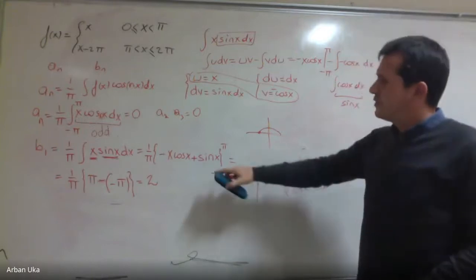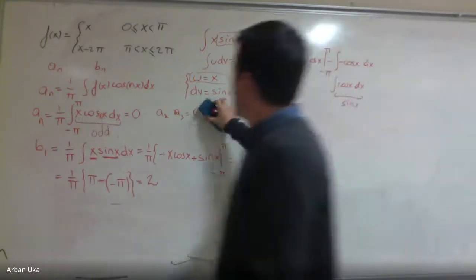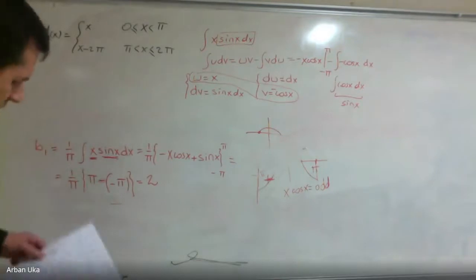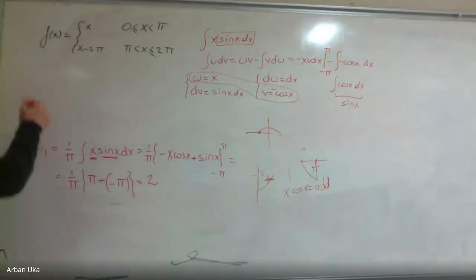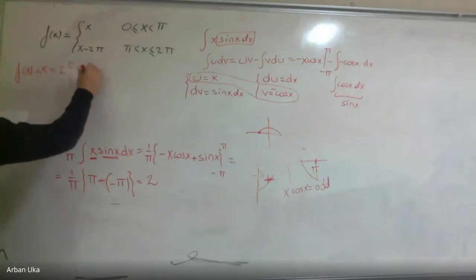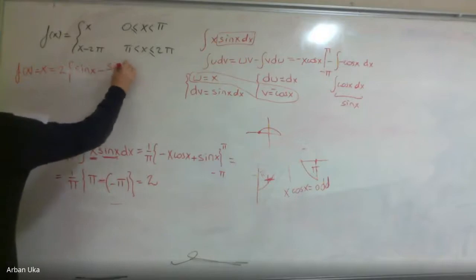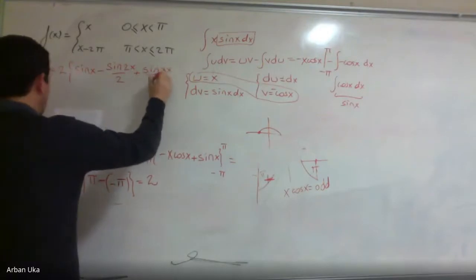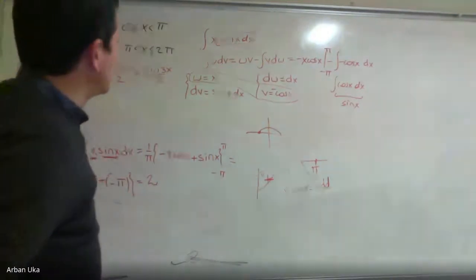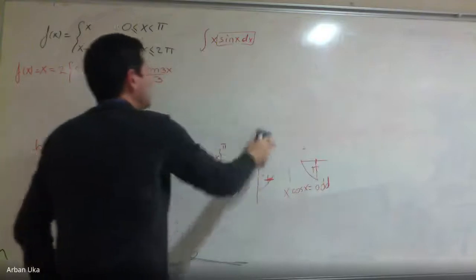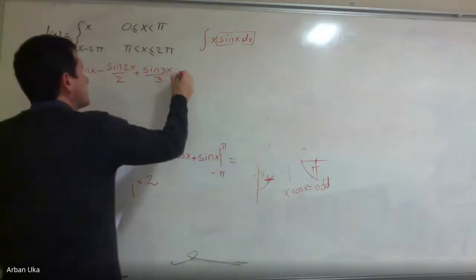So as a result, if we continue like this, we try to make this clear how we find the a's and the b's, the coefficients, and finally we can say that the function f of x equal to x is equal to 2 times sine x minus sine 2x over 2 plus sine 3x over 3, and it continues like this, plus